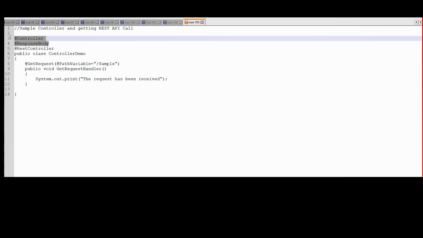Okay, so what annotations have you used in Spring Boot? Spring Boot I have used. So firstly, what is a Spring Boot application? What does that do? Yeah, sure. So a Spring Boot application,